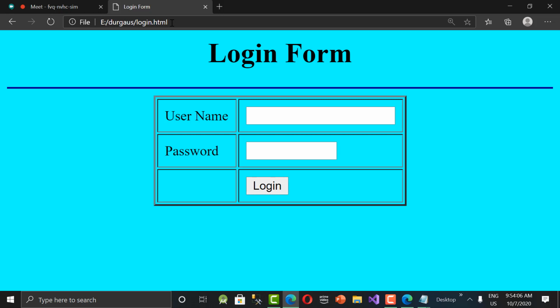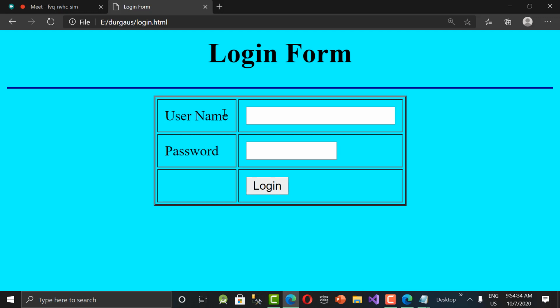But if I'm taking user information only, like name, age, general information, you can leave it as get. Why should I go for get? Because get is faster than post. This point is important. Let me show you a small PPT for this. So the main thing that we need to remember is get is faster than post.